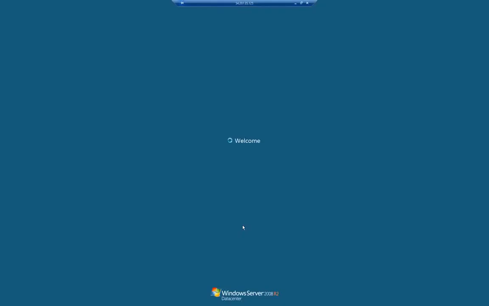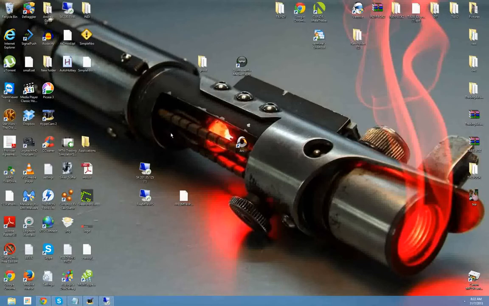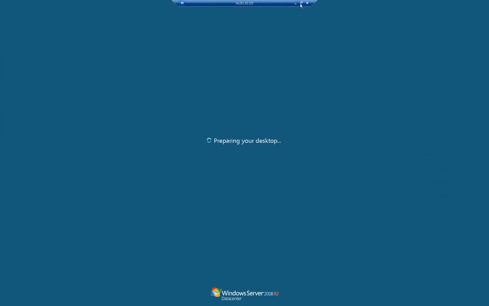Configuring, and voila, what do we have? Windows Server 2008 R2. Right now it's just basically loading up. While it's doing that, what can we do at the top? There's a little pin button. If you click it once, it pins it. If not, now you want to minimize it, there we go, here it is, make it big again. You can window it,